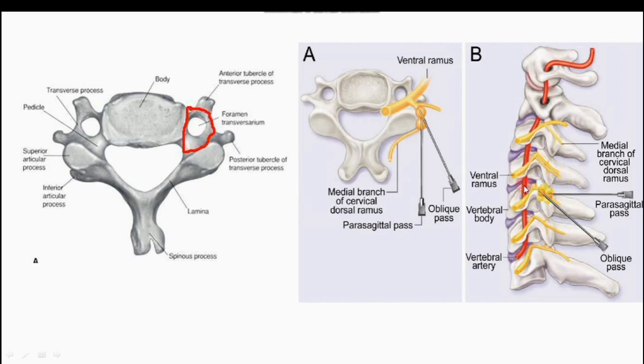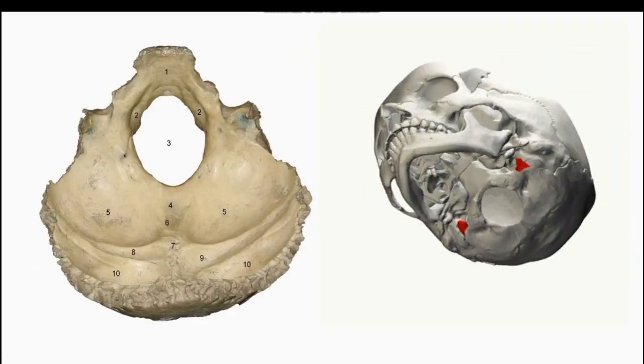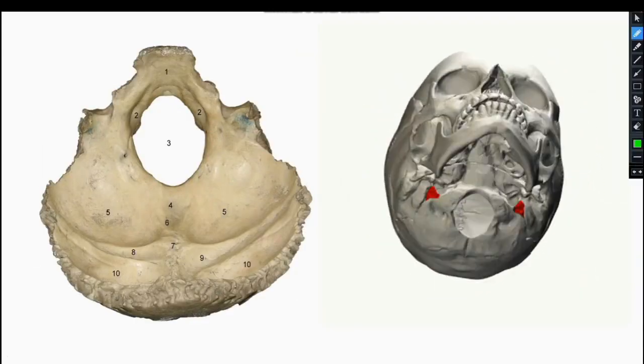You can see this artery. This is the vertebral artery passing through foramen transversarium. You can see here. So this structure plays an important role in the topic, and here we see some important bony landmarks that play an important role in the attachment of the muscle, as well as in other course.